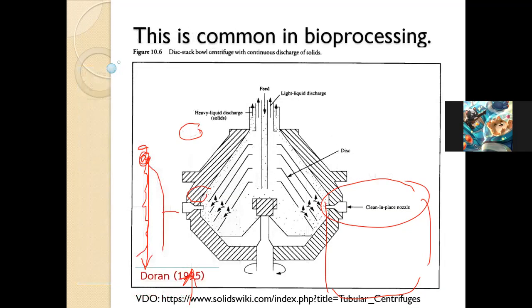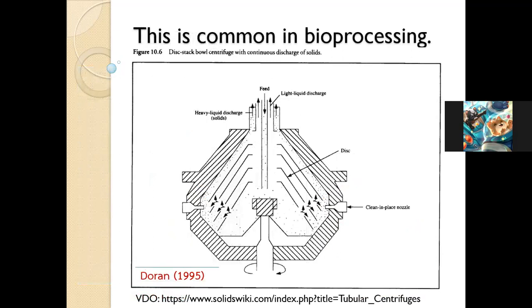Another example, a common one used in bioprocess, we call the disc bowl. Is it a two-dimensional disc? We can rotate this. If you feed the solid and liquid mixture while it is rotating, some solid will accumulate at the outer side,